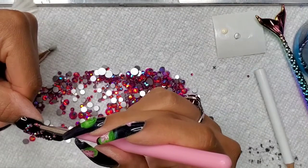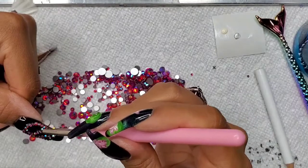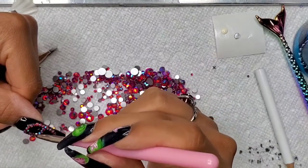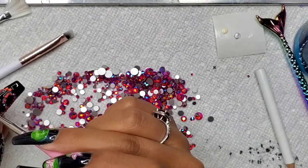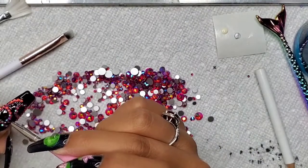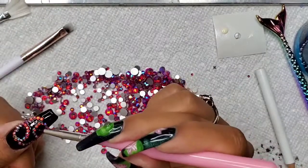So, I mean, that's another way to go about how to do gem placement. If you know you want something centered, you would put it in the center, and you would want to mark off how far you want to go out from that center. I mean, maybe I should do a video of gem placements. Let me know what you think. I may do it anyway, but